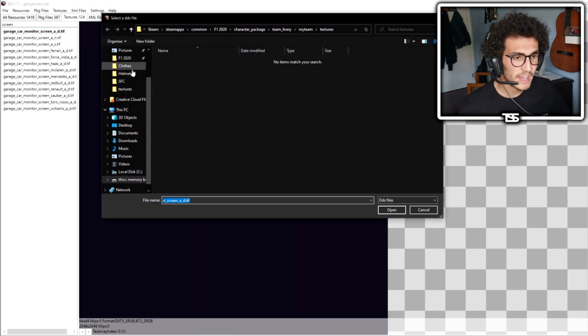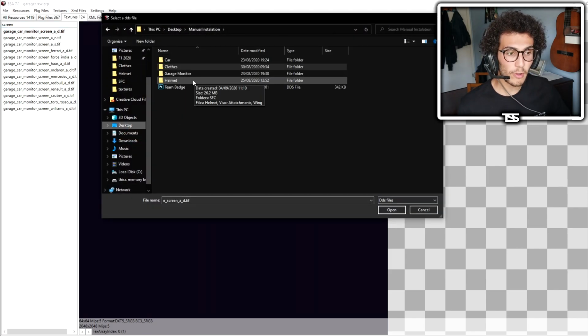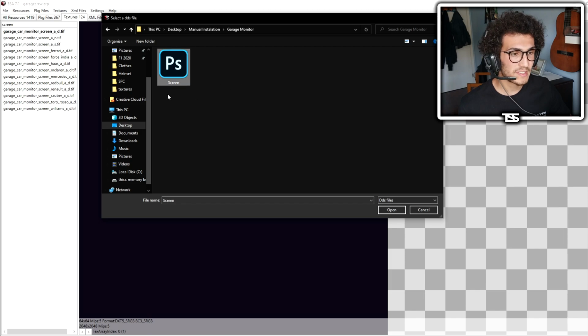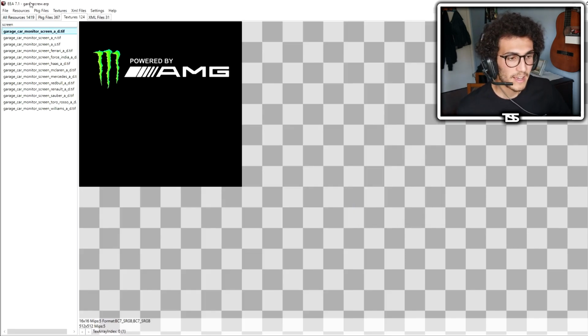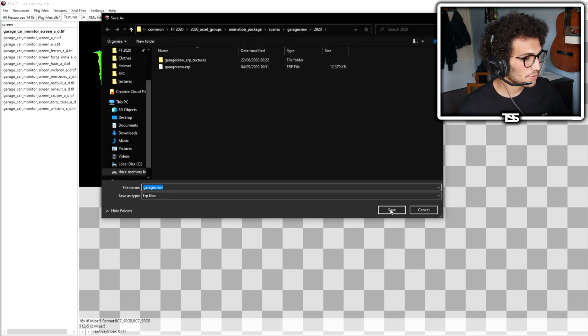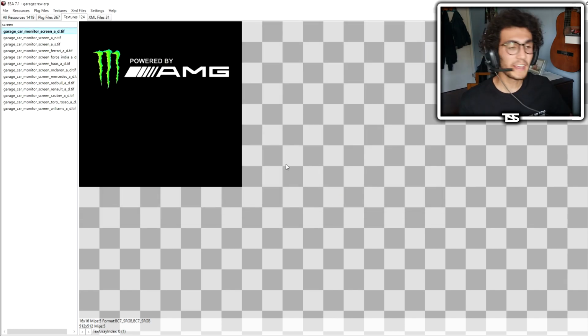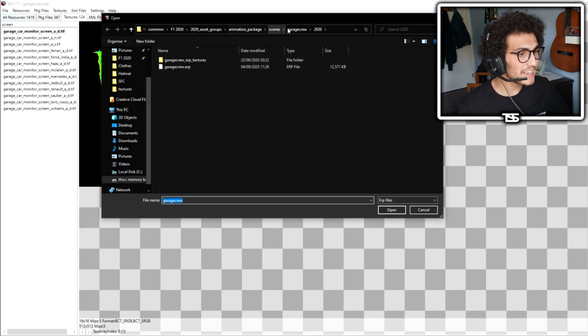So textures, import, and now we're going to the manual installation folder and click on Garage Monitor, and there is a file called screen. We're going to open it and replace the mip maps, and there is Monster Power by AMG, as beautiful as always. You're going to click save, and now the remaining thing is the team badge, which is pretty easy, which